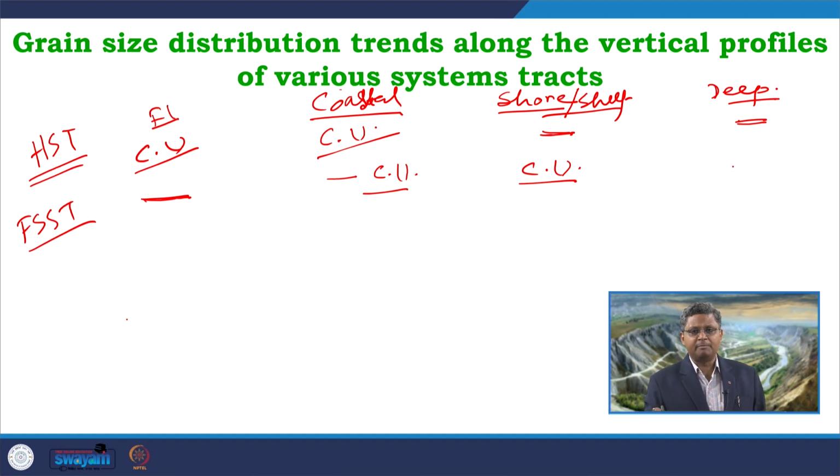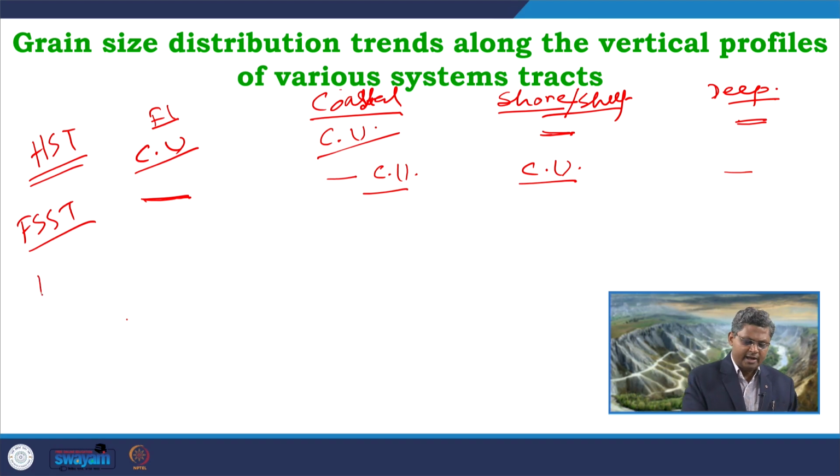And in the deep marine part, we cannot get any definite trend, because there we are getting a completely different depositional system where high density turbidites and low density turbidites will be deposited in different areas. So within high density turbidites or low density turbidites, depending on the successive accumulation of turbidites of different densities, we can get different trends. So somewhere locally we can get fining upward, somewhere we can get a coarsening upward trend.